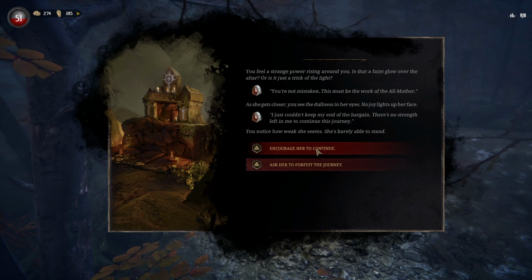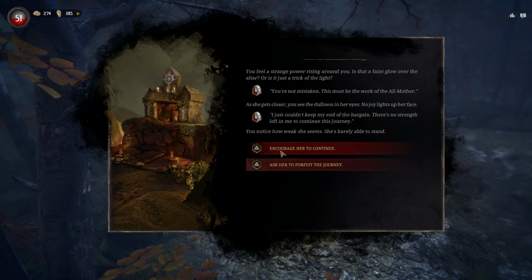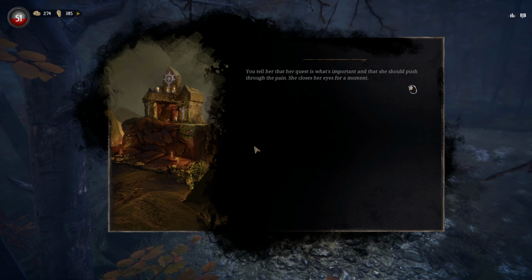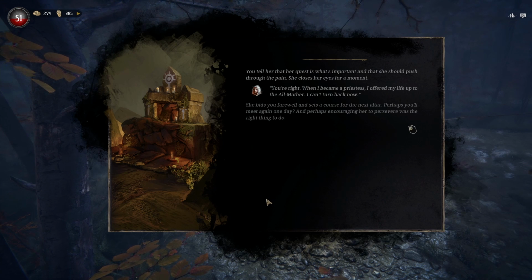Oh wow. Okay, so I must have activated 10 of these shrines since I acquired this quest. I think it's finally coming to a close. Tell her that her quest is what's important and that she should push through the pain. You're right. She bids you